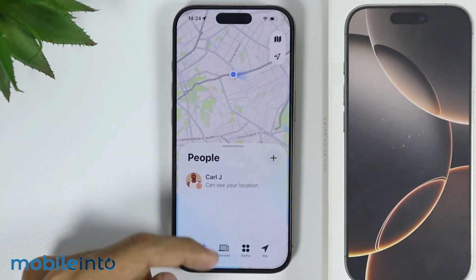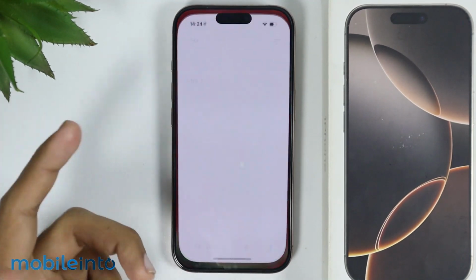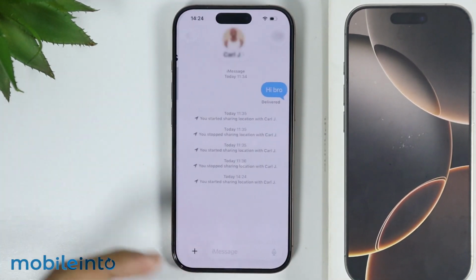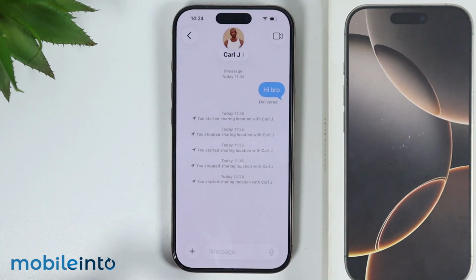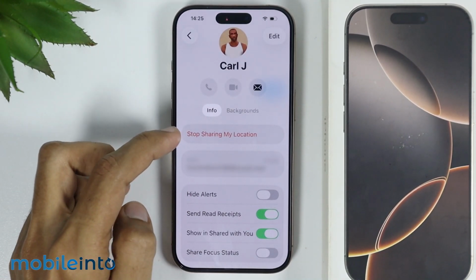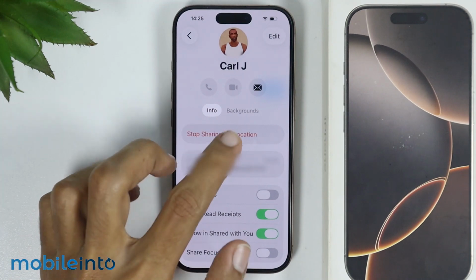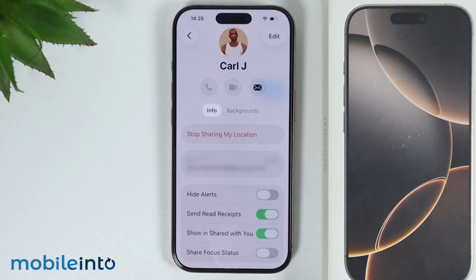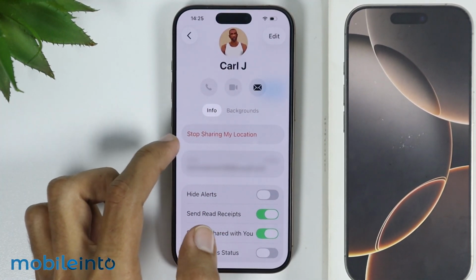with the selected contact. And if you go to your home screen and if you open the Messages app, now just select the contact with which you are sharing your location. Now if you go to the profile of the selected contact, as you can see, we are sharing our location with this contact. Now if you want to stop sharing your location, you can tap on Stop Sharing My Location